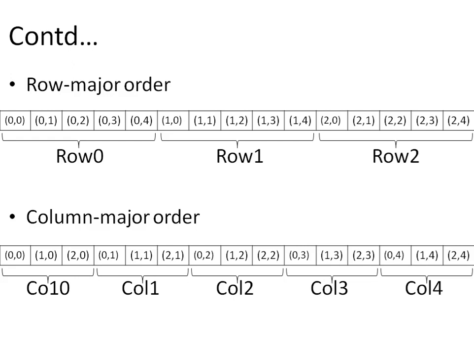Columns are identified using the second index. So, first column elements are those with second index as 0. Here we have 3 elements lying in the first column. Then come the next 3 elements of the second column, which can be identified with the presence of 1 at the second index